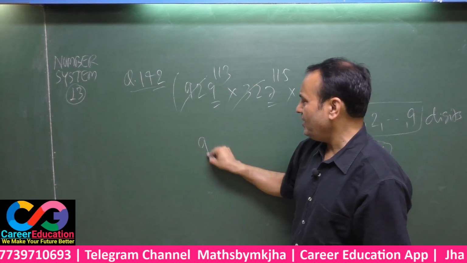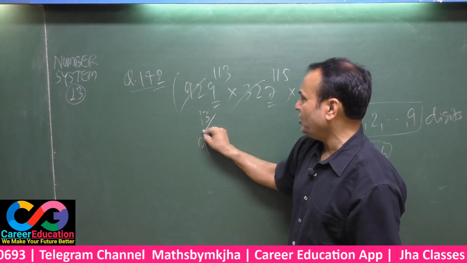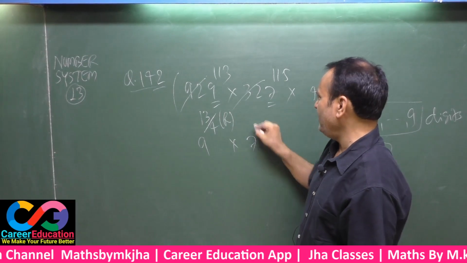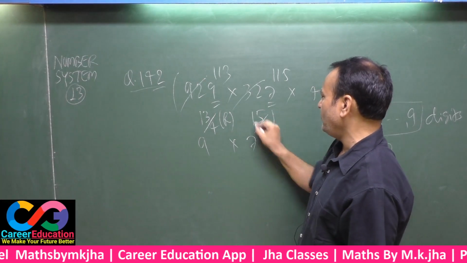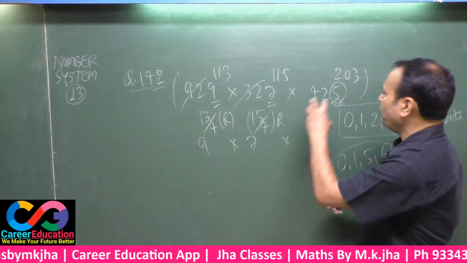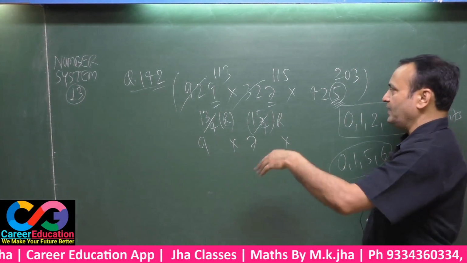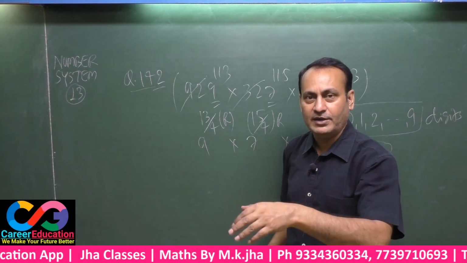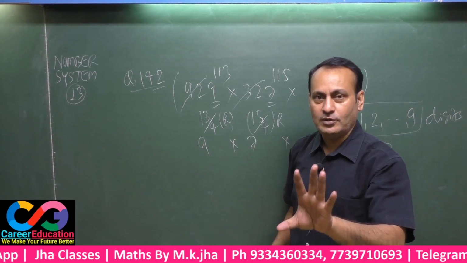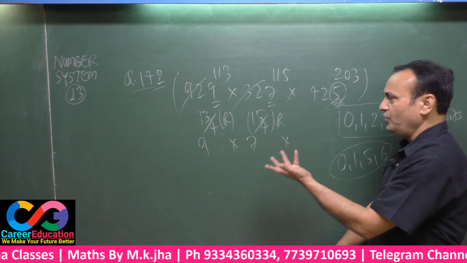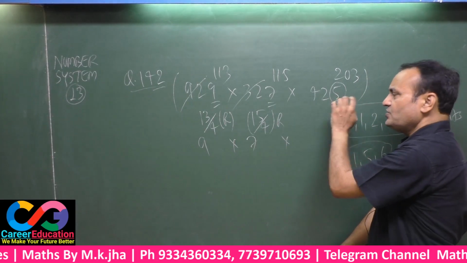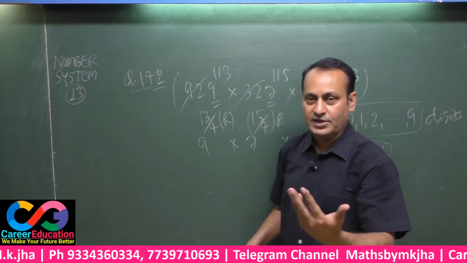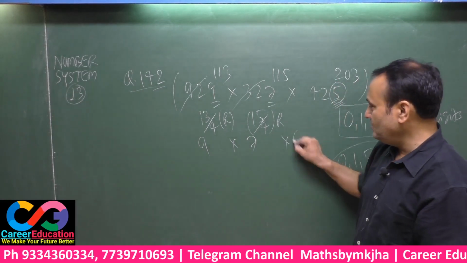See here. That means here 9 to the power 113 is to be divided by 4 to get the remainder. 7 to the power 115 is to be divided by 4 to get the remainder. And for this you can apply that rule as well: 5 to the power 203 divided by 4, get the remainder. That is also true. But no need of doing this, as if this is 5, whatever may be the power, the result by this basic concept is 5 only.